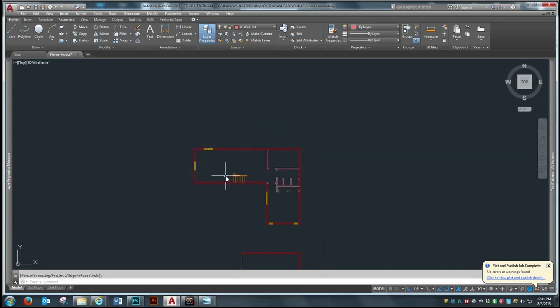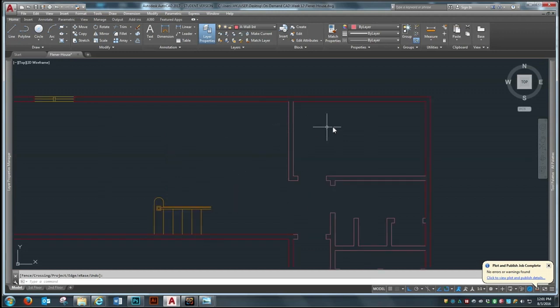Okay. And we'll start by putting in the closet for this office. A nice 7-foot closet. So offset 2 foot, then 6, and then offset 7 foot,